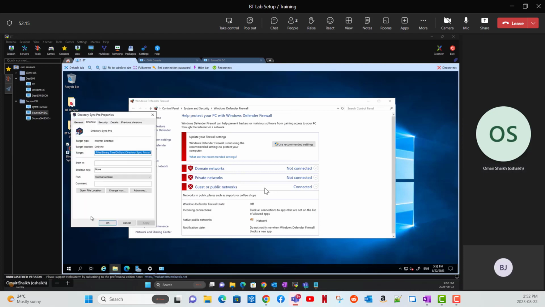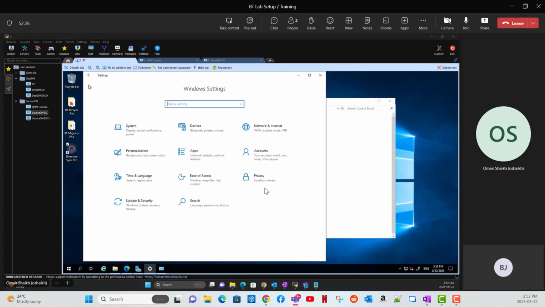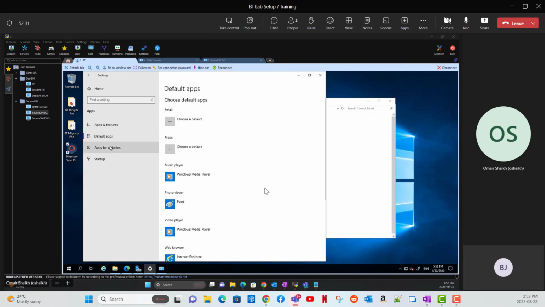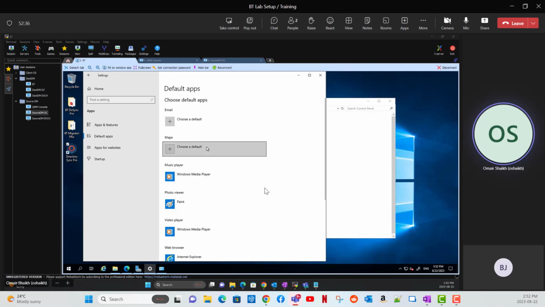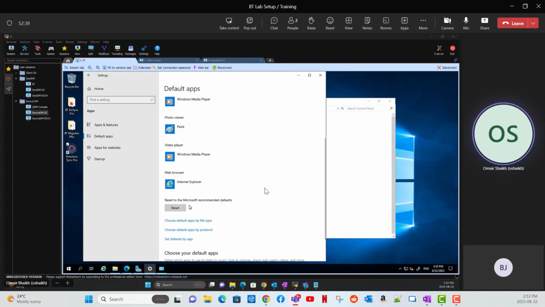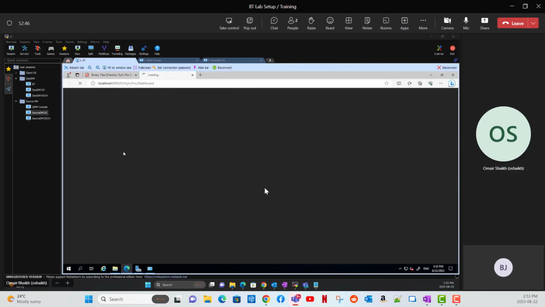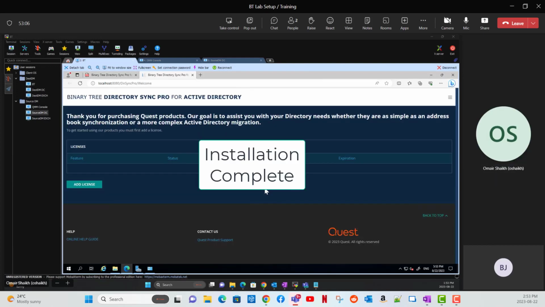You'll have to go into the menu system and set your default browser. So, that's Edge. Done. There we go. All right, that was the install, which is pretty straightforward, but I just gotta